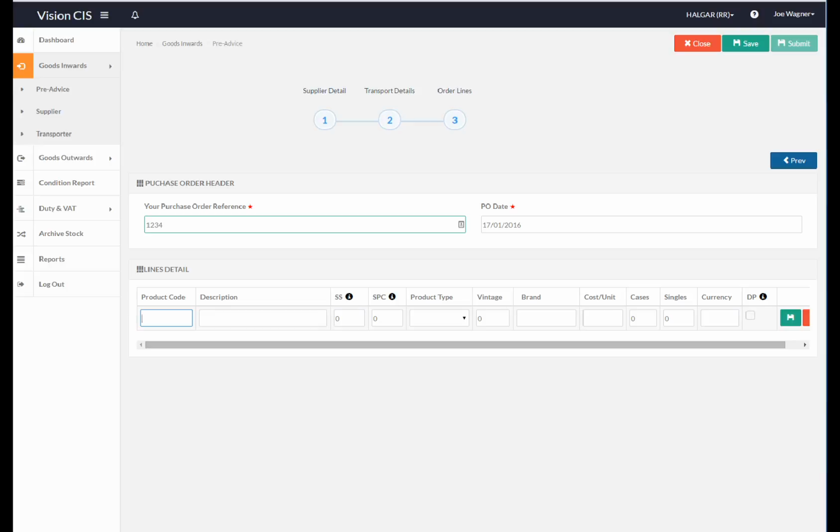And then I simply go to the final page where I can type in a product code and a description. I do not have to have the product codes existing. If they exist, the system will look it up and automatically fill the description in. If it doesn't exist, you can put a brand new product code in, a new description, and some basic details. The single size, 75 centilitres, singles per case, there's 12 in the case. The product type, this is a wine. The vintage of it, the brand name,